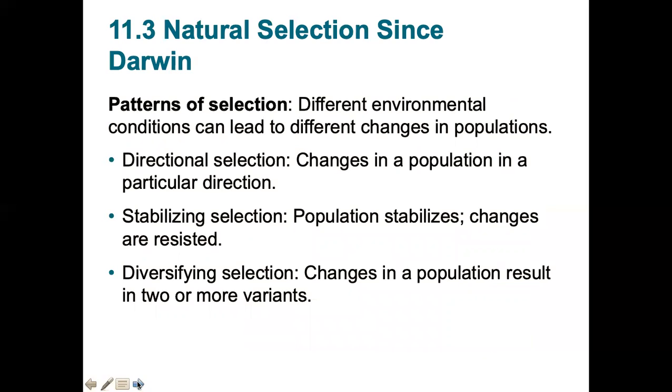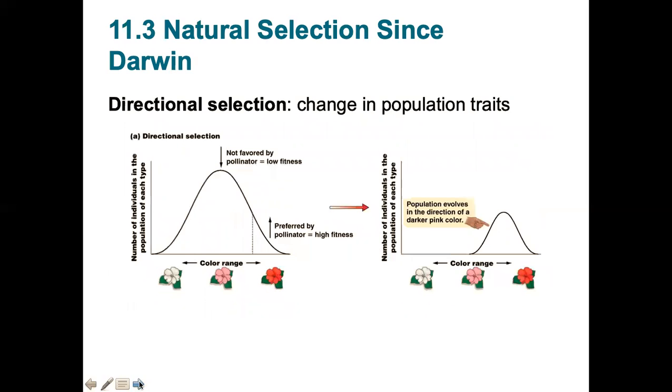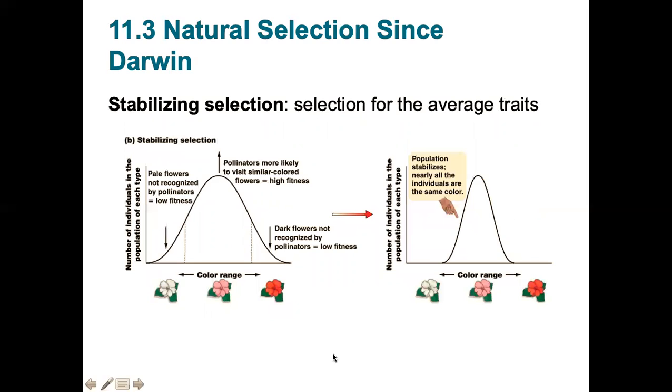Patterns of selection. So again, there is no goal. So we actually have to broaden our thought about natural selection and think about there's a few different ways that natural selection can work. Directional selection is going to mean that the population drifts and eventually, the majority of the population has one particular trait. But you can also have stabilizing where you reduce diversity in that particular population. So the outliers drop off.